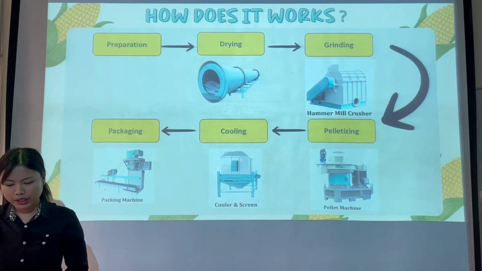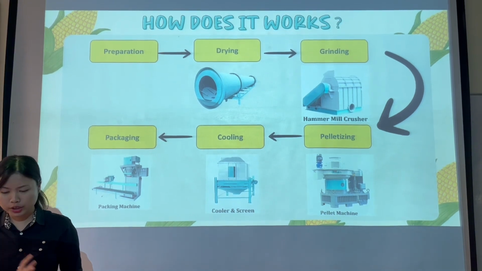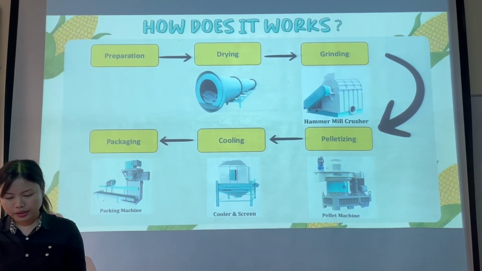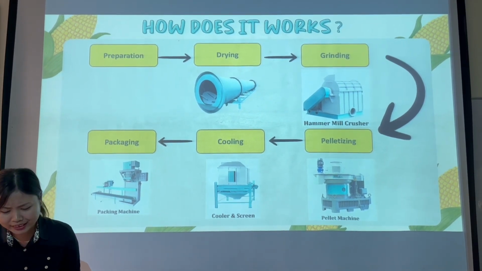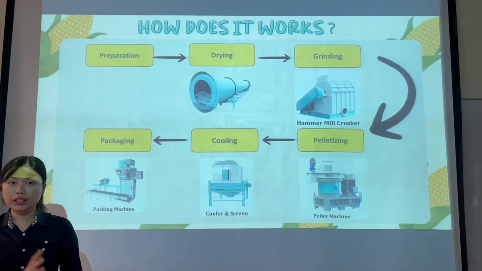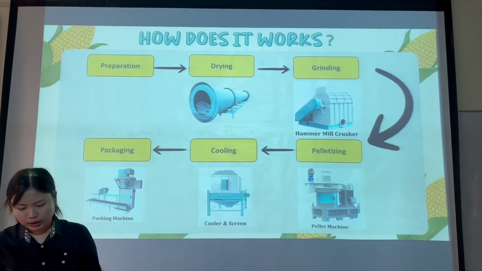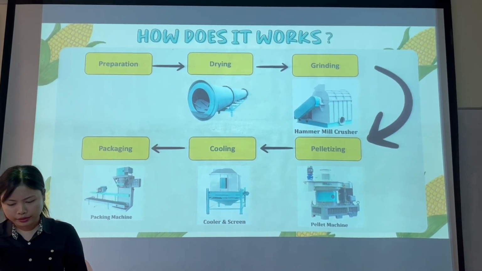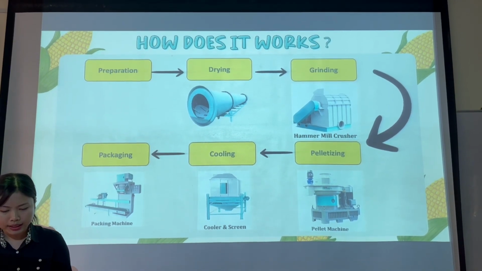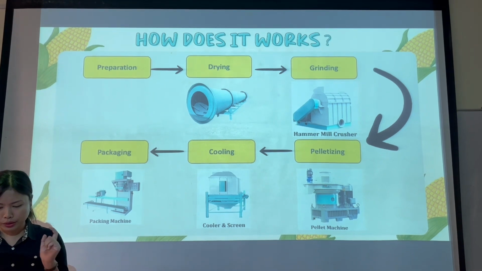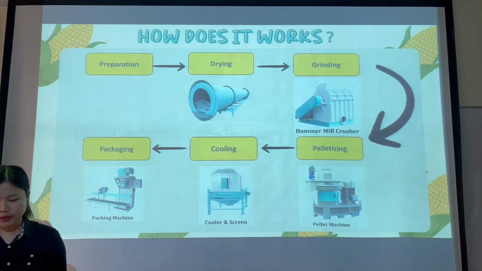The heat and pressure combination weakens the lignin in the stalks, which acts as a natural binder. As a result, it softens the lignin, adds to the particles, generating compressed pellets. After pelletizing, the corn stalk pellets are put into a cooler and screened to lower their temperature and increase durability. The screening is used to remove any fines or large particles, ensuring that the pellets meet the specified